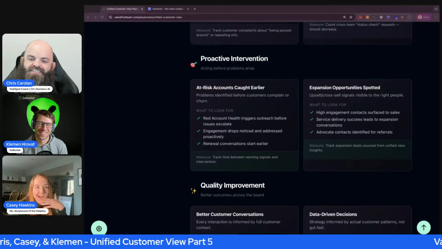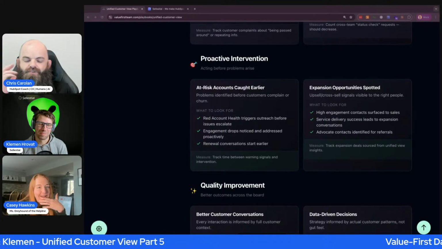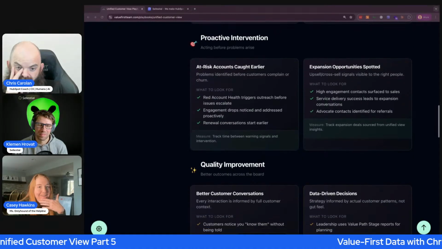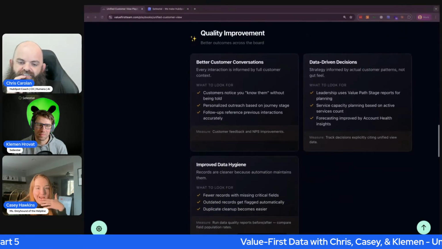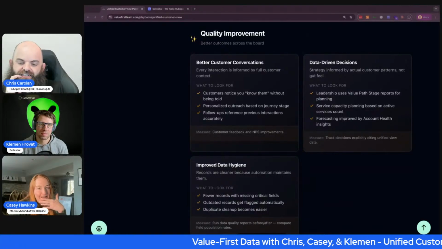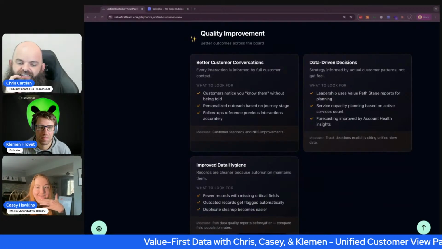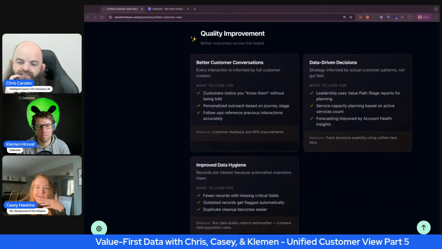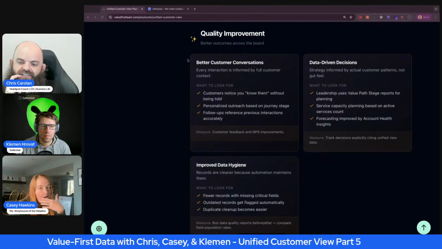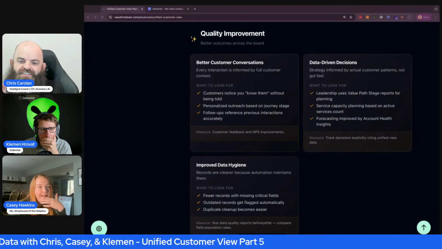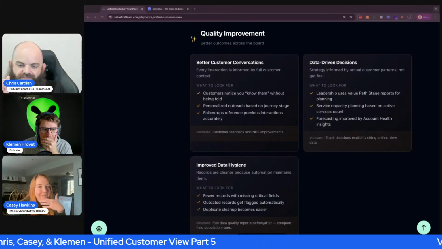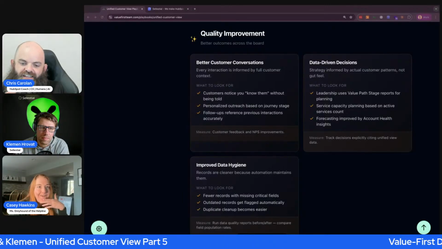And again, we get to these last three: quality improvement, better customer conversations, data-driven decisions, improved data hygiene. It's so hard to separate these out. I think they all feed each other, but I think the main thing to highlight is